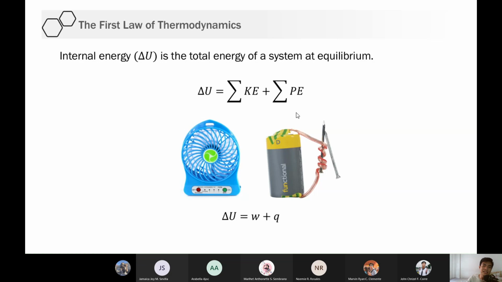Okay? So one way for me to do that is ito, yung battery, ubusin ko siya, i-coil ko yung wire, i-connect ko yun sa positive and sa negative, tapos i-coil ko siya. Ano mangyayari sa coil? Iinit yun. And actually, you can measure the heat energy produced by this. Gawin mo yon until maubos yung laman ng battery mo. Okay, sabihin, by computing the heat, you now find the internal energy.